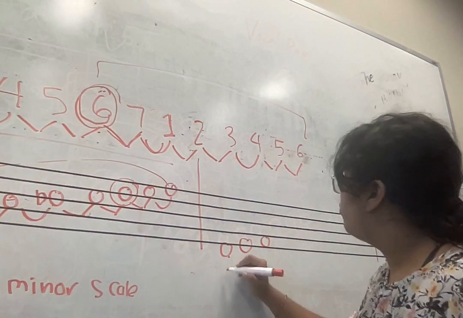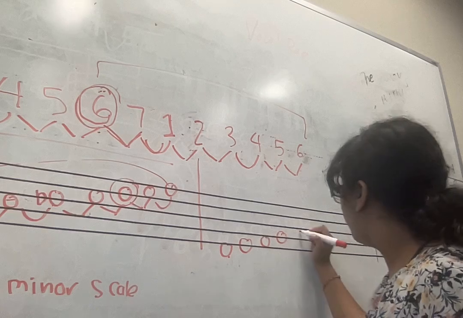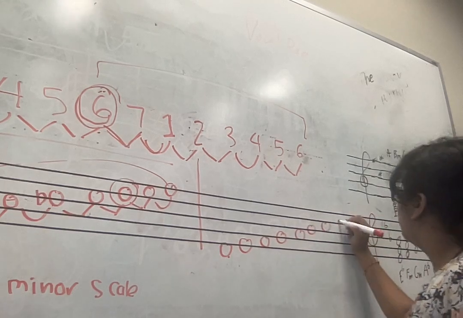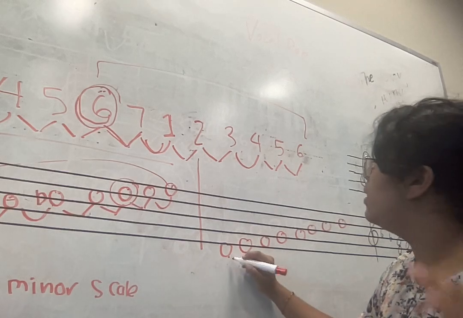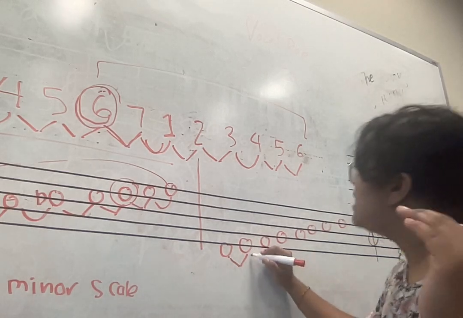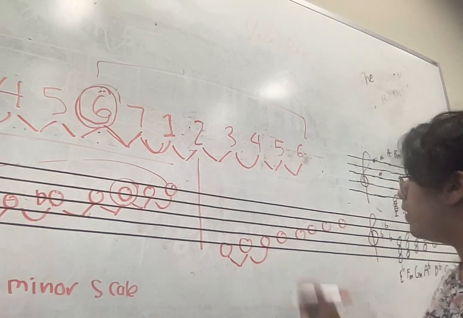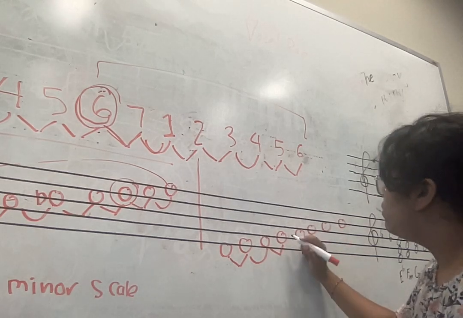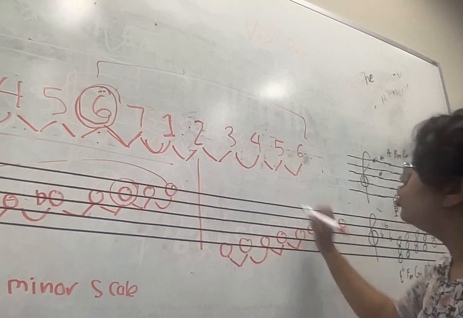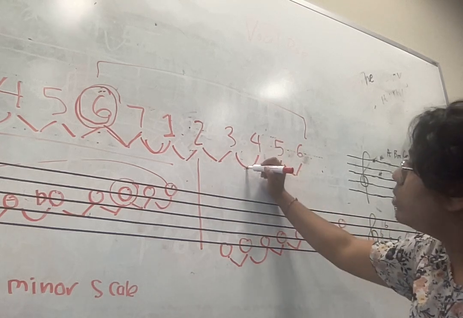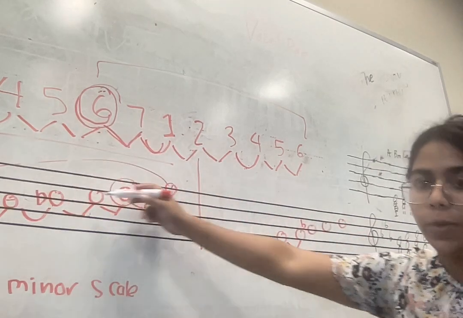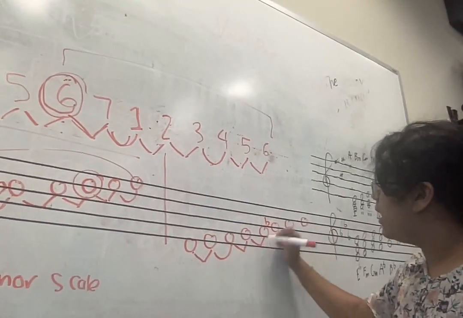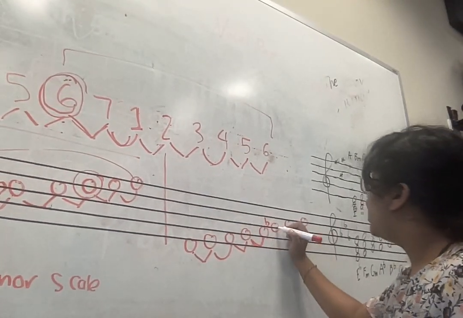So, if we continue this pattern, let me just draw out the rest of our scale. We'll start with a whole step from D to E, then a half step from E to F, a whole step from F to G, a whole step from G to A, and then a whole step right here from A to B, making it a flat just like our major scale. And then after that, it goes from B flat to,